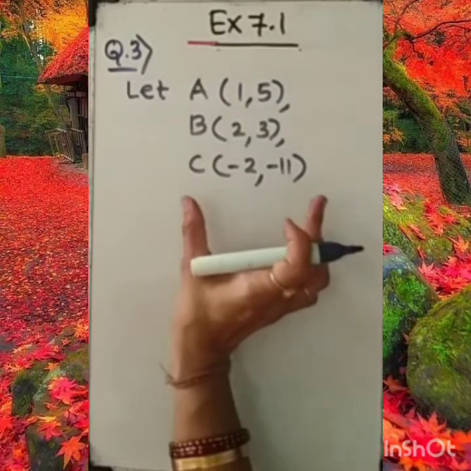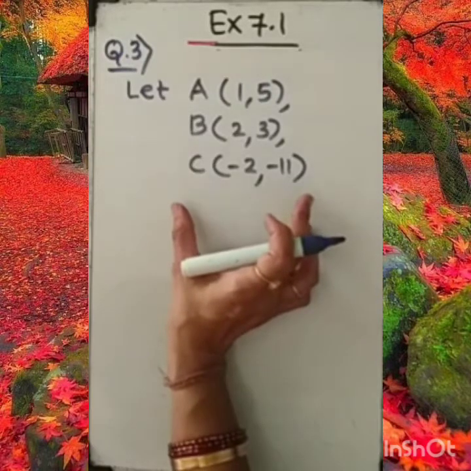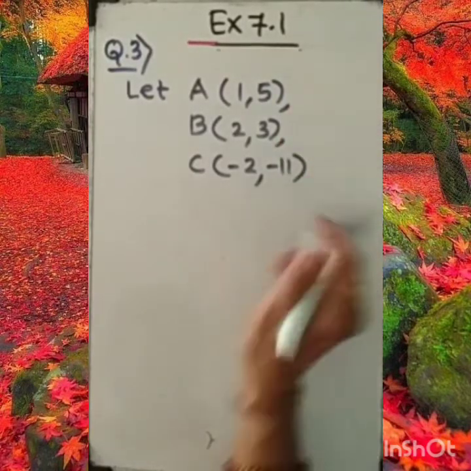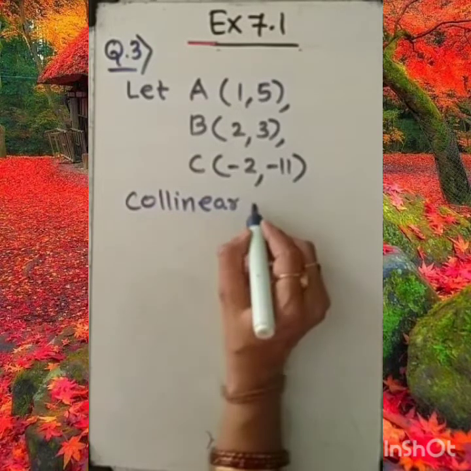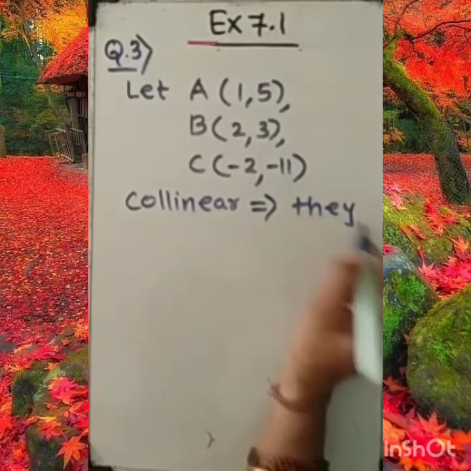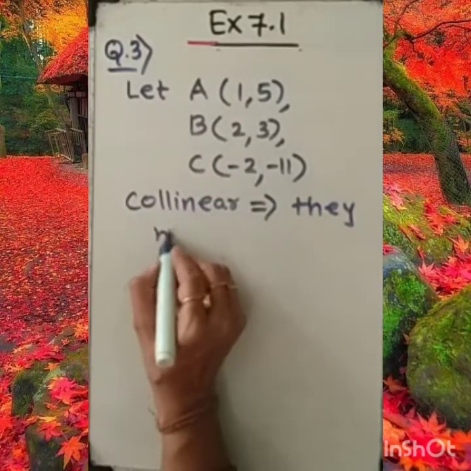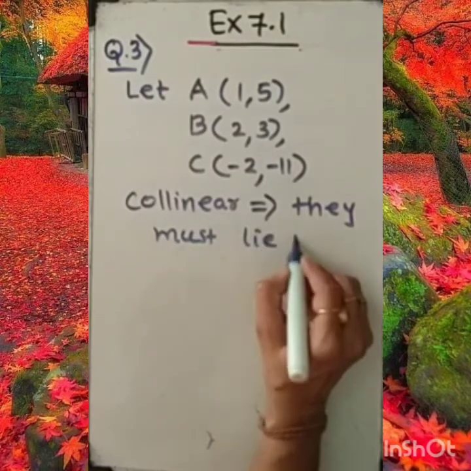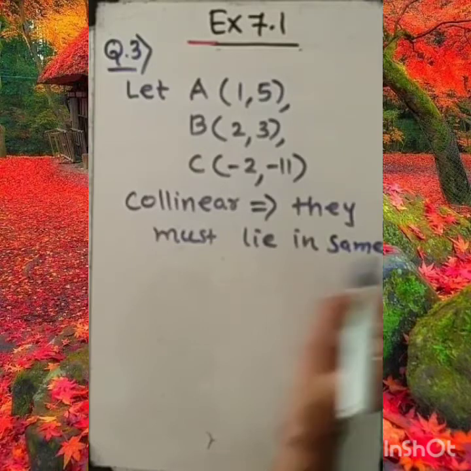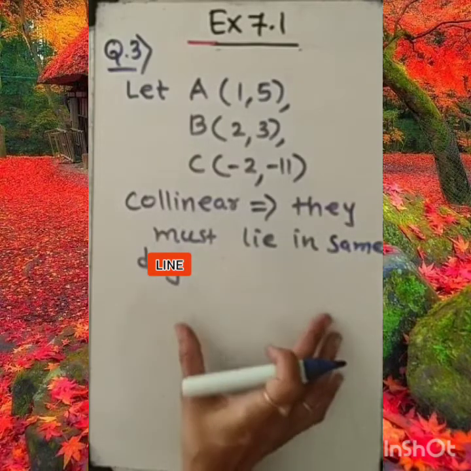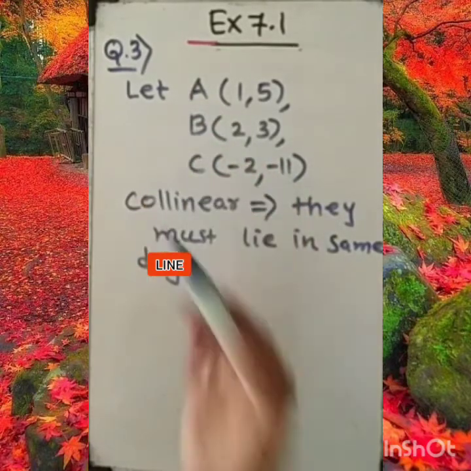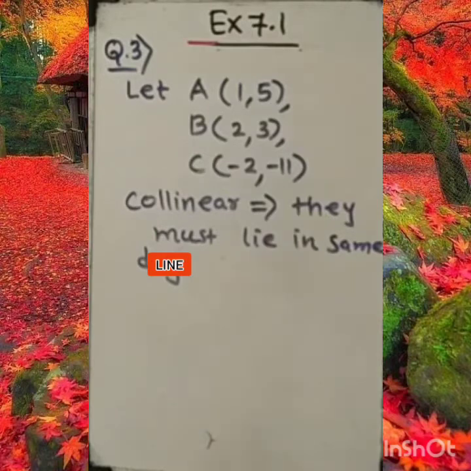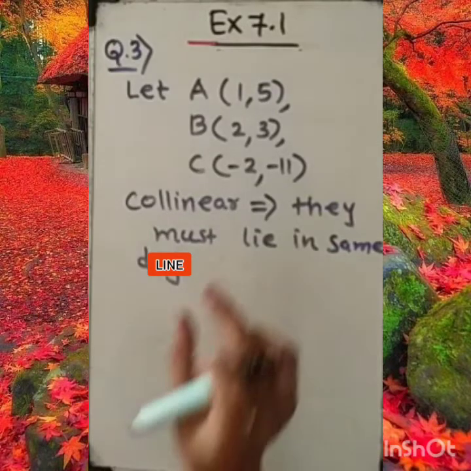These 3 points we are given. My dear student, here they are asking us to decide whether they are collinear. All of us know very well what collinear is. Collinear means they must lie in the same line, all these 3 points. Clear to you? So dear student, if they lie in the same line, then any one of the points must lie between the rest of the 2 points. So we need to find the distance formula. We apply the distance formula to find the distance between all 3 points.